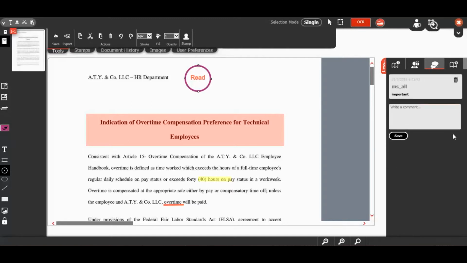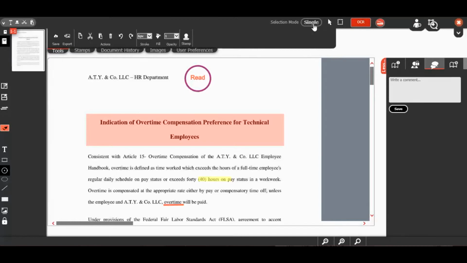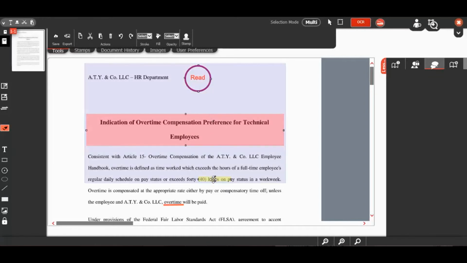One last feature to do with annotations is the ability to work with many at once. Suppose you want to drag a couple of them together. Instead of having to drag them one by one, you can go up here and change the selection mode from single to multi. And now go through selecting them, and there you go. They are now moving together. To clear the selection, click on this icon here.